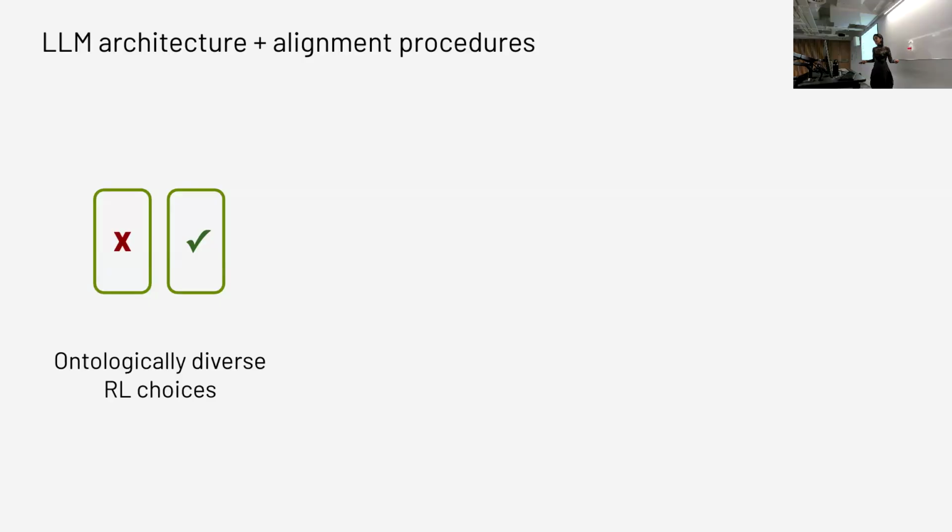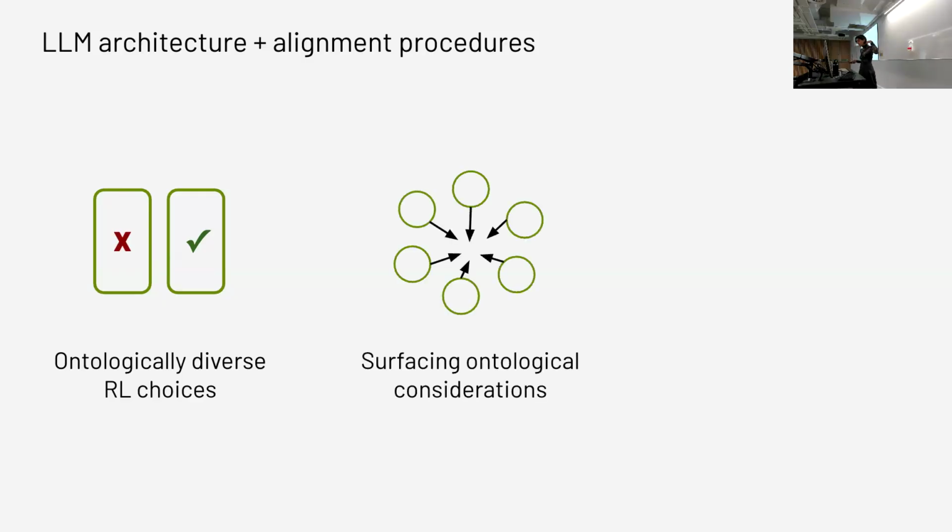But also, on a more design level, you have reinforcement learning from human feedback where you give two options to people to pick which one they think is better for them. And because ontological alternatives could make sense to people, they might actually just pick one and say this is better. But it might not be their tree with a root, right? If you show me a tree without roots, I'm not going to say, oh, that's not a tree. I'm going to pick it as a tree, but it's still not my tree. And so I think that's another design question: how do you even prompt for these ontological considerations in the alignment procedures?